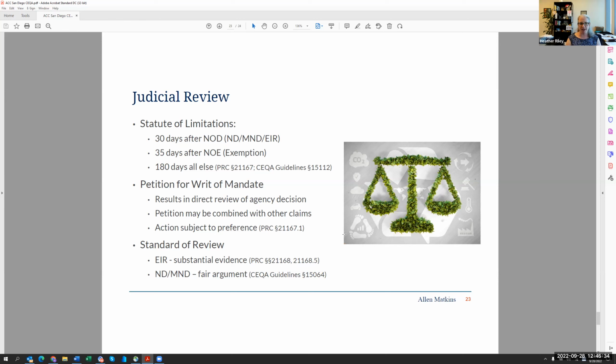And a petition for writ of mandate means that somebody is asking the courts to intervene to correct an agency's alleged error. The agency screwed up by approving this project. They should not have, because more CEQA review, different CEQA review, any CEQA review was required. Sometimes petitions are combined. You might see a declaration, complaint for declaratory relief attached. But a petition for writ of mandate is the standard form that CEQA cases are filed in.